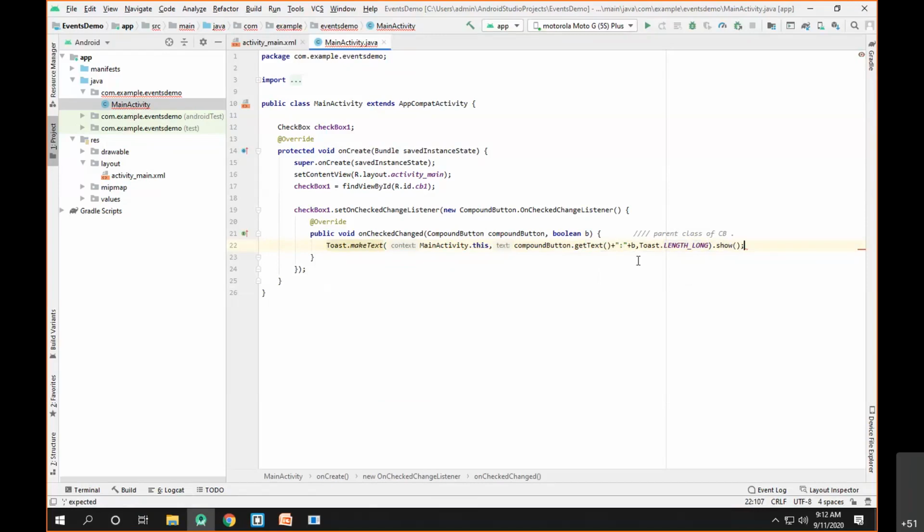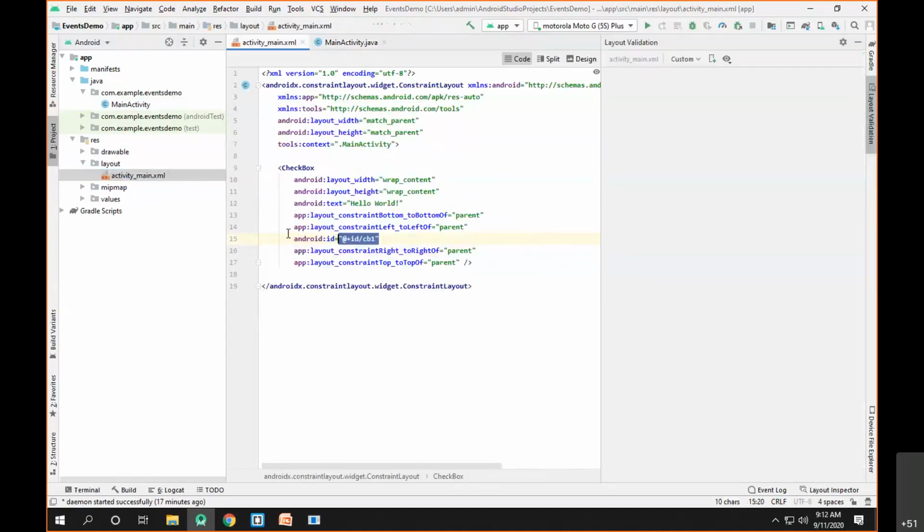Let's see what we have actually done. We created an XML checkbox element. We referred to that checkbox element inside our main activity class by the corresponding CheckBox class.